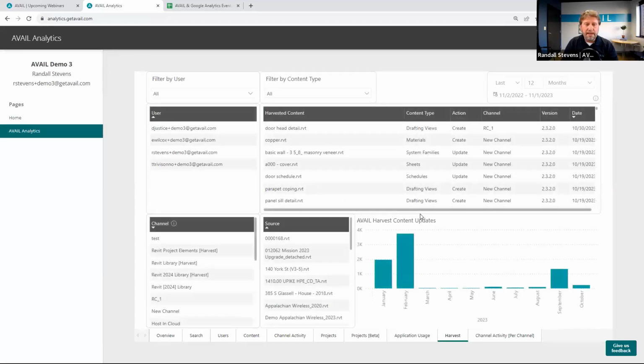This Harvest tab, if you are using Harvest, if you're not using Harvest, we would claim that you should be. Go take a look. It's very powerful for helping you manage, I'll say, everything that's not a family inside of Revit. So all the different types of content. This report is actually for those that are harvesting and managing. This will show you when